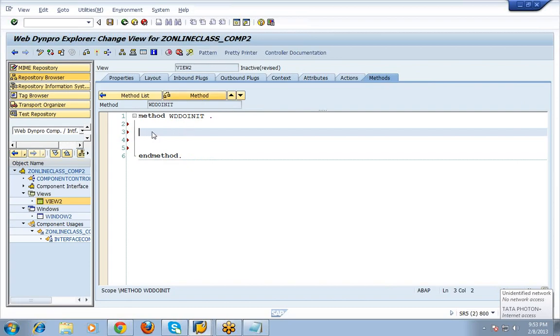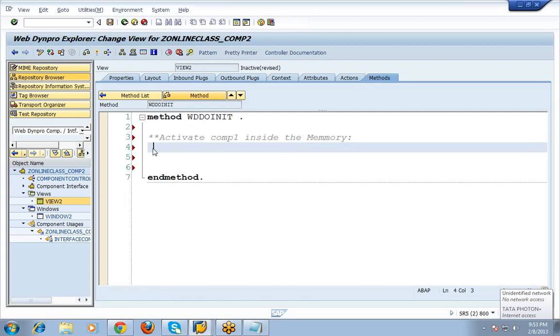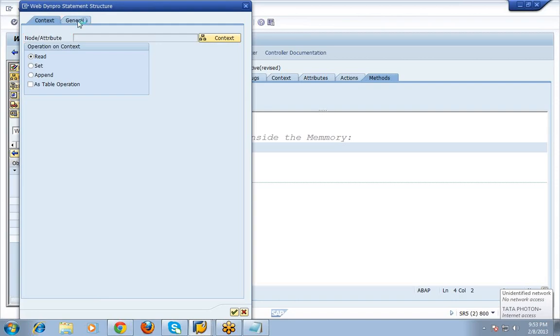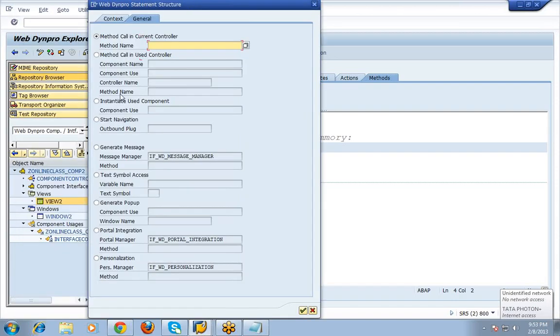So if you want to activate component 1 inside the memory, you have to use the code wizard here and choose general, and you can see the third option, the instantiate option. Instantiate is the option to activate a component inside the memory. So you can choose that,